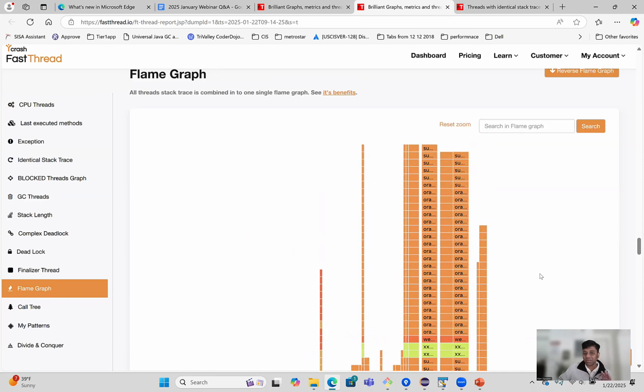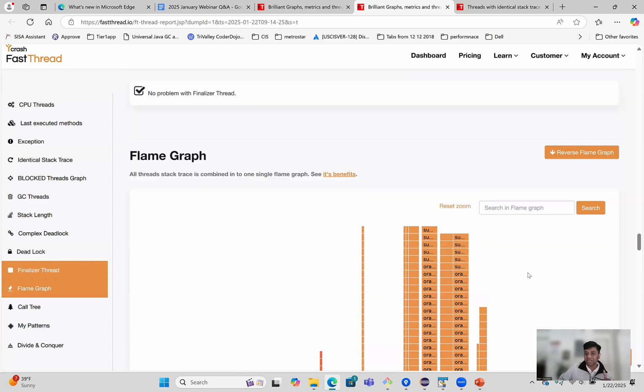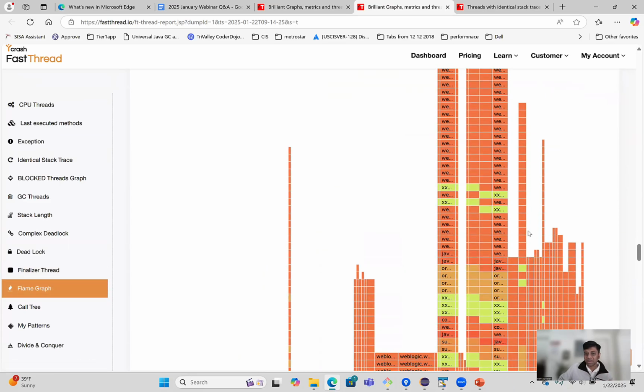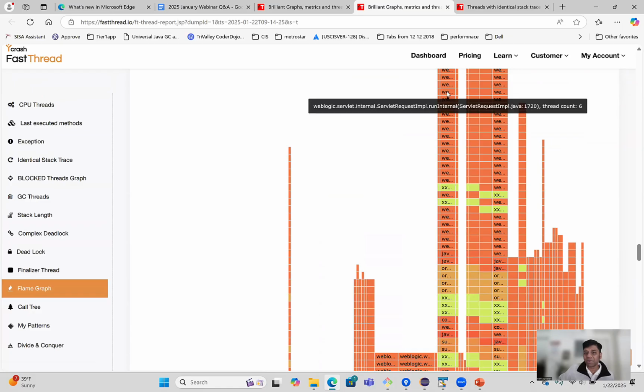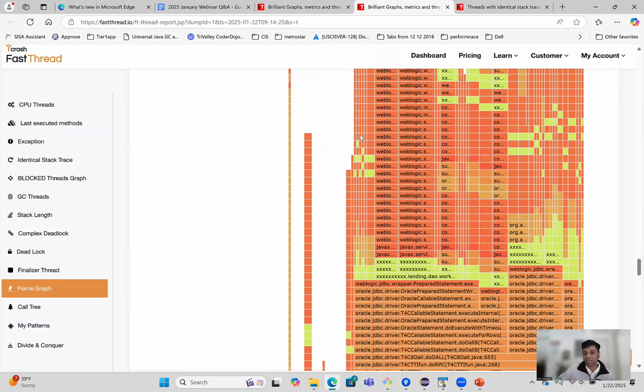See, this problem is going to become very evident if I reverse the flame graph. When I reverse it, you see now these are all the different entry points to my application. These towers all indicate